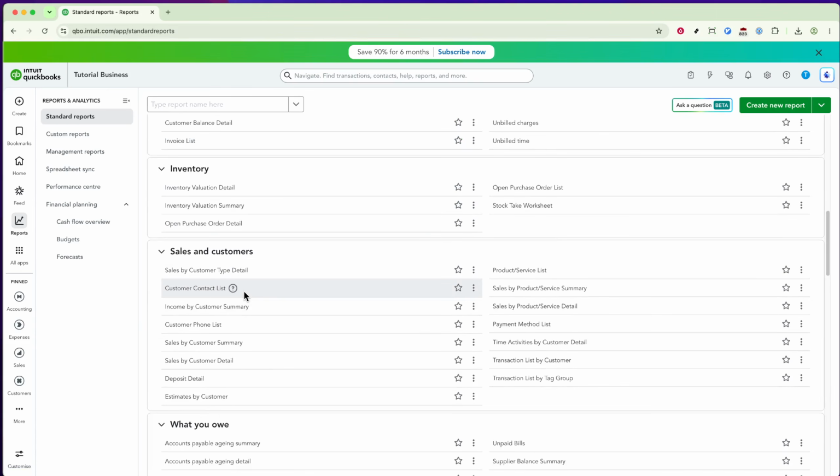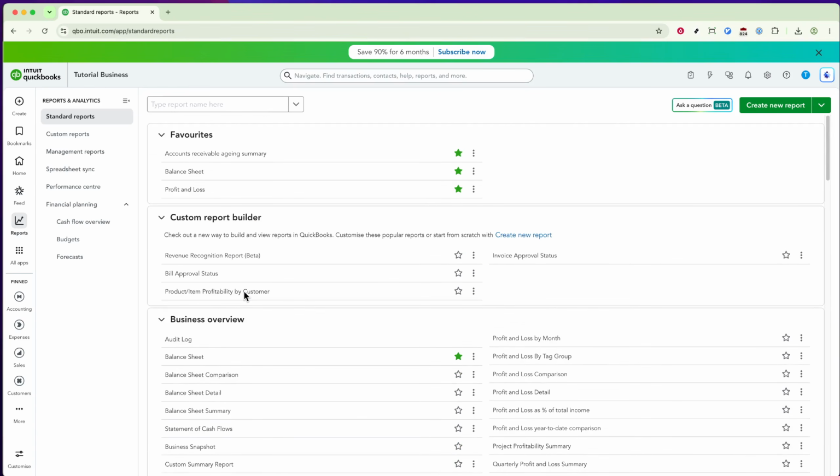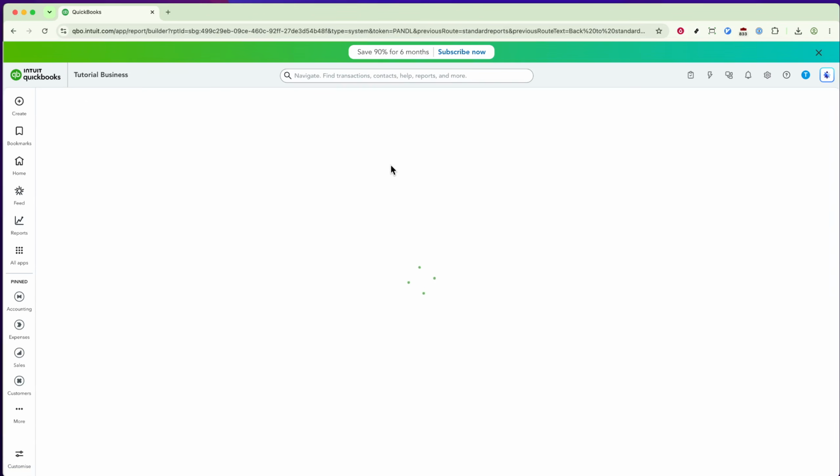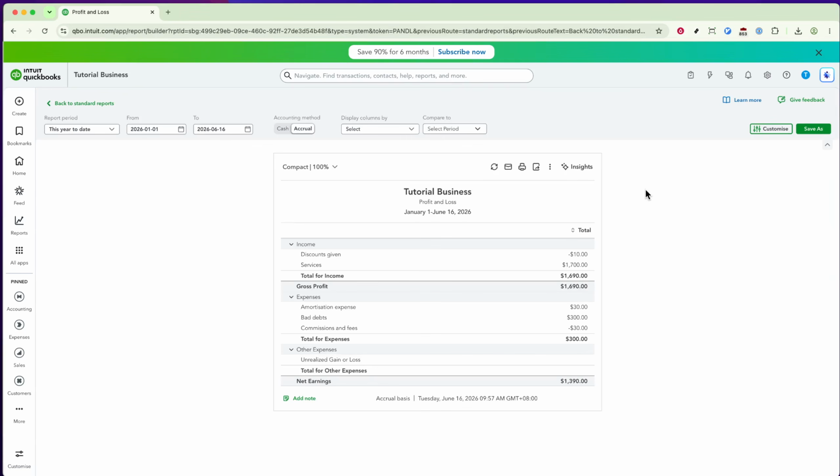After locating the report you want, click on its name. For example, if you want to generate a profit and loss report, click on Profit and Loss. QuickBooks will then process the data and generate the report for you. Depending on the size of your data, this might take a few moments, so be patient while QuickBooks works in the background. Now that your report is displayed, you'll want to adjust the date range to ensure you're looking at